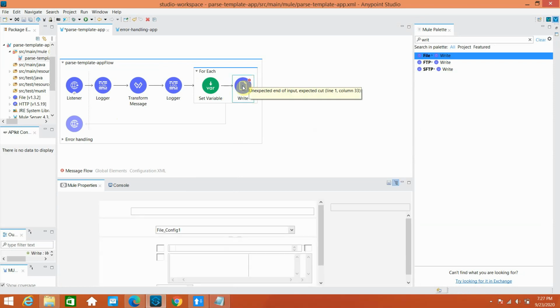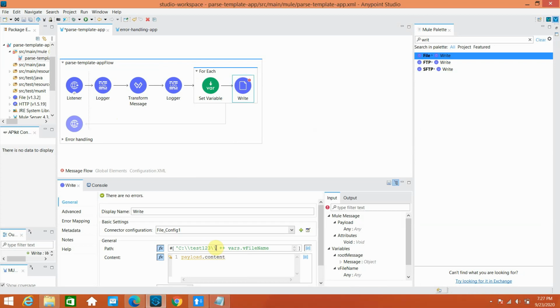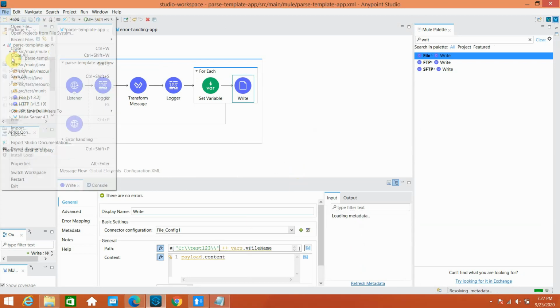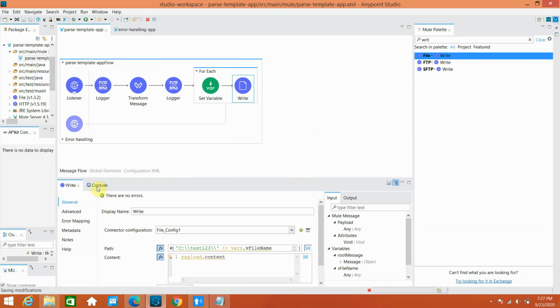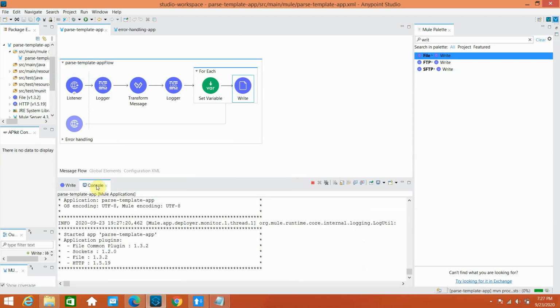Let me check. Yeah, that's a problem. You have to put single quotes here. Now it's fine. Save everything again. Okay, once you save it, you will be able to write the file.